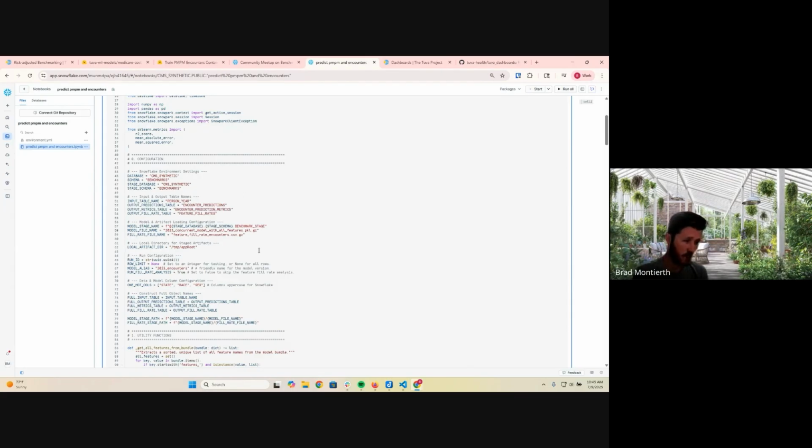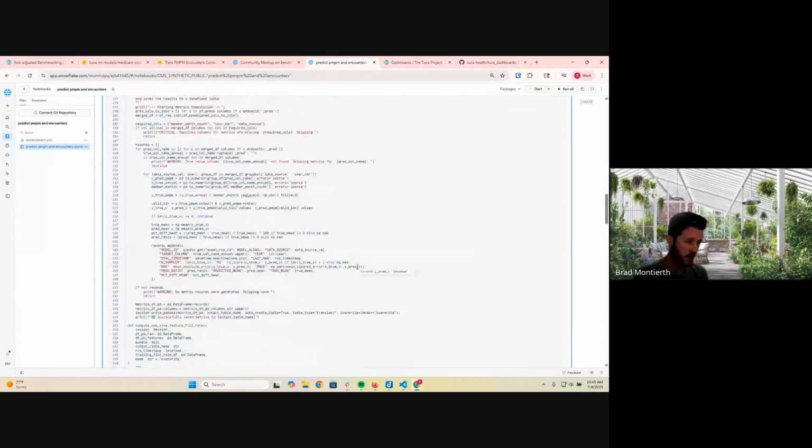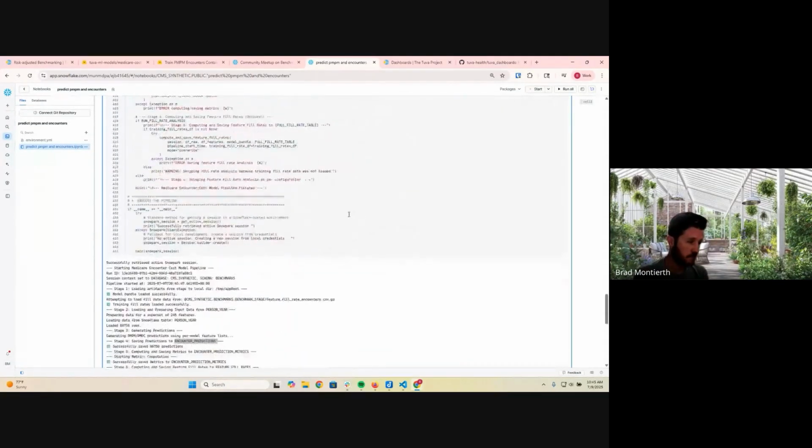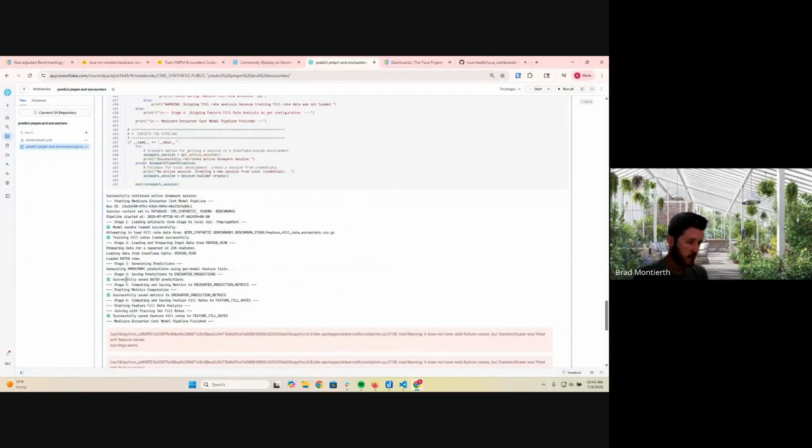And then the one hard prerequisite that you need to do is actually load this pickled bundle. The way this notebook is configured right now, it's looking for it in a Snowflake stage. And so however you normally load into a Snowflake stage, you would just want to add that before you run this code. And then if you did change the name, you could repoint it here with this variable. Other than that, it should be plug and play. So you can click run and you should see something similar to this.